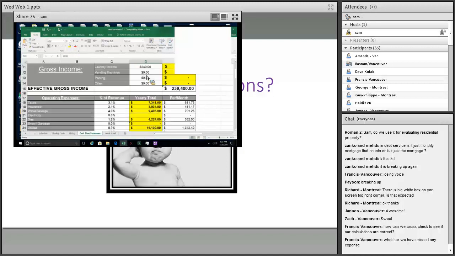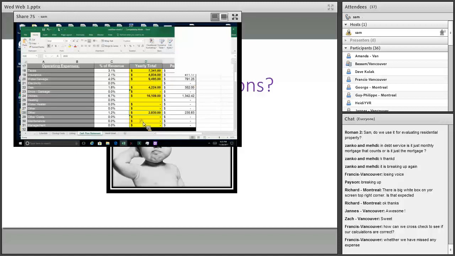An income and expense sheet is something that we ask for within 7, 10, or 14 days in our agreement, to verify that the property is what they say it is. Most of the time you're not going to have a problem getting taxes and insurance. If you don't see water, electricity, or gas, you can ask a simple question: do the tenants pay the utilities? Because if they're not, somebody's paying for them, and it has to be the owner. So you definitely want to make sure that the property includes all those expenses. If anything's missed, we'll pick that up in the agreement.